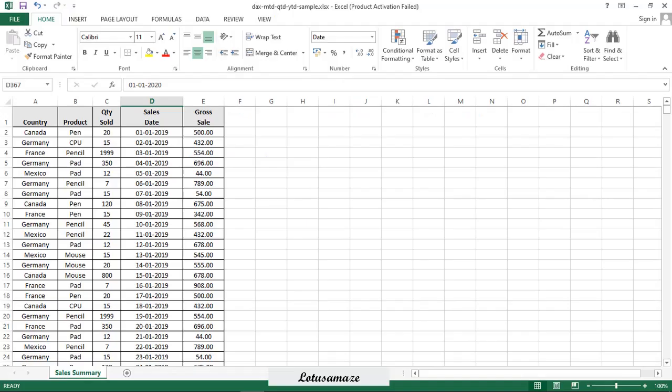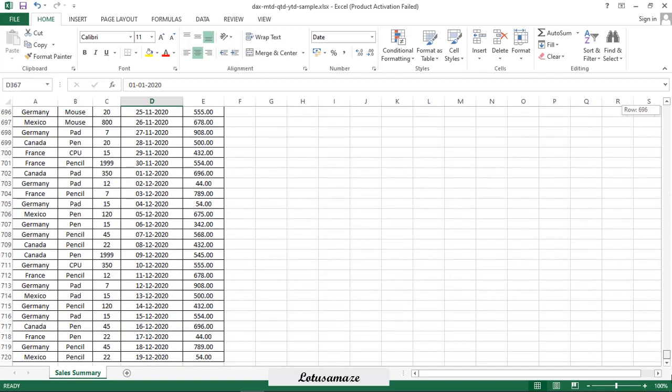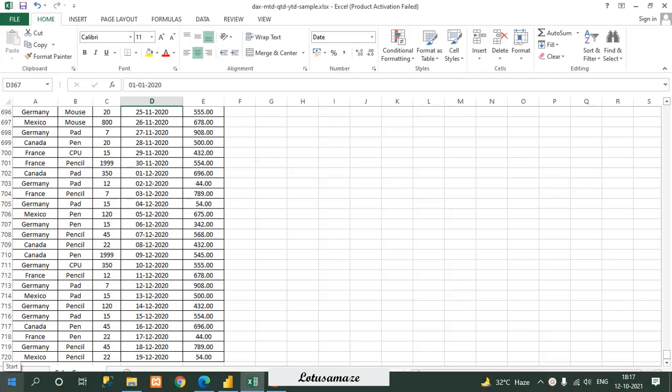Before we start the practical, first of all we check the data we have in the Excel sheet. We have the country, product, quantity sold and sales date. Sales date starts from 1st January 2019 and the last date is 19th December 2020. It means we have data for almost 2 years. But for the last month, December, we have data only up to the 19th, not for the whole month.